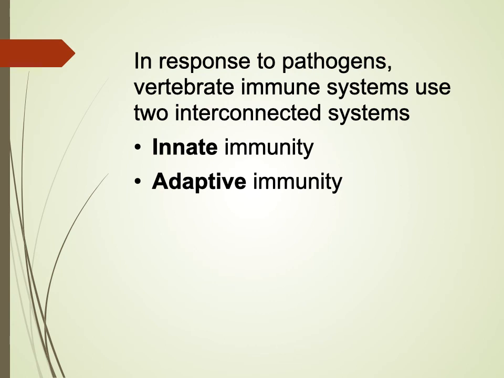so must be foreign. With adaptive immunity, this is our T cells and our B cells. This is where we have specific binding to those receptors, and so sometimes it's called specific immunity. In this course, we'll talk about innate and adaptive, but if you're looking at a different textbook, like maybe your A&P textbook, or you've taken A&P and you talked about the immune system, innate might have been called non-specific, and adaptive might have been called specific. Okay, so just keep that in mind.